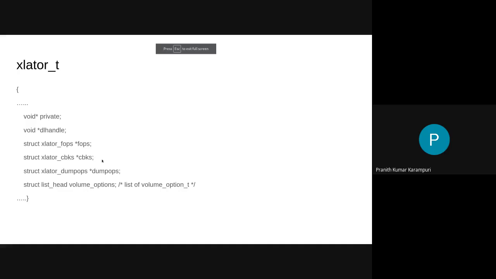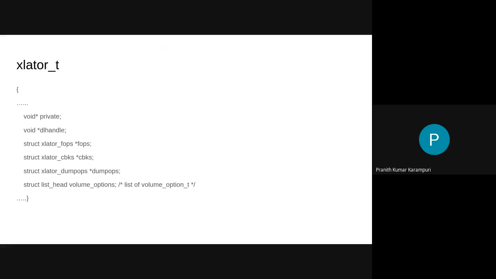Okay, so let's look at some parts of the translator structure. We have seen these FOPs and CBKs, and also dump ops and options. This private is something that is specific to the Xlator, and this dl handle is the way Xlators get dlopen.